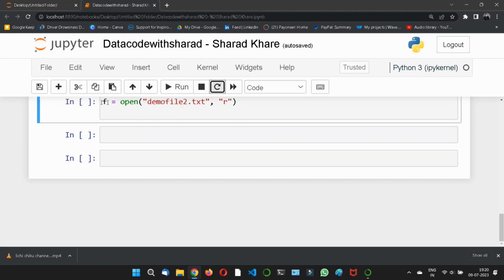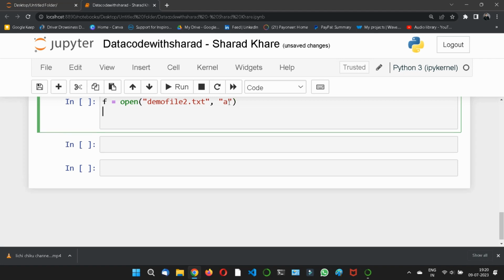Okay, so f = open("demo file 2.txt") and I am using the read mode. So now let's replace read mode with a, means append. Okay, I want to append. So now after opening, f dot write. I want to write it. Okay, so I want to add to the content. So here